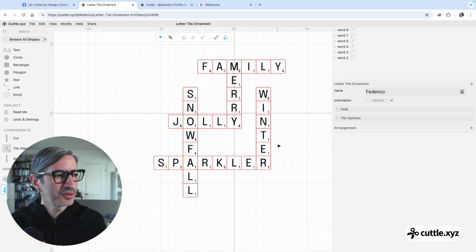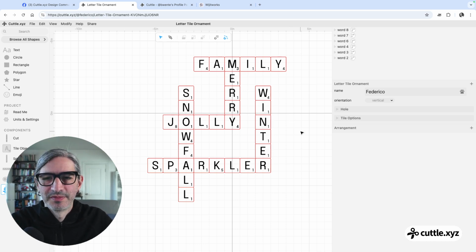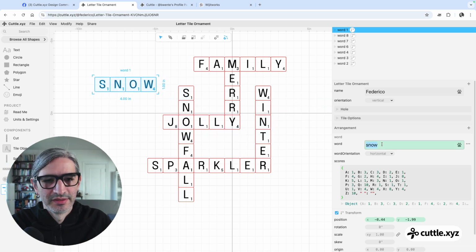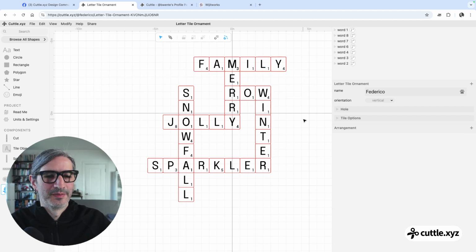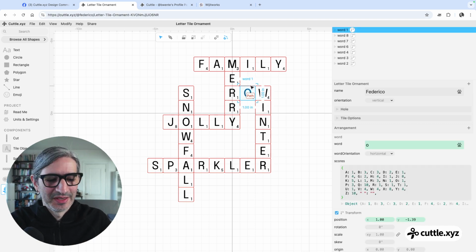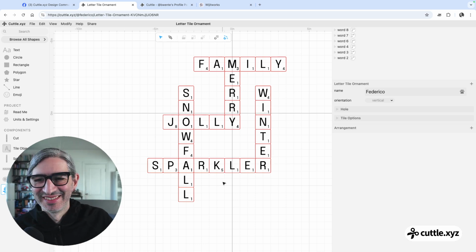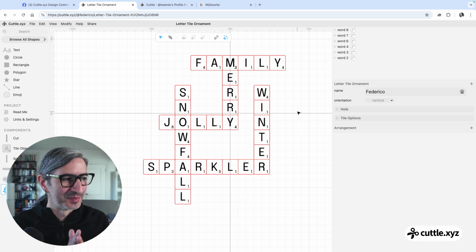You can create your composition of different letters and different combinations. I guess you could add individual letters, like say if you wanted to do something across. Like I turned Cuttle into this name, into this game. If I create an O, I should be able to put it here. Yeah, why not? But we want to turn bottom left. Yeah. But now we want to turn this into a cuttable thing